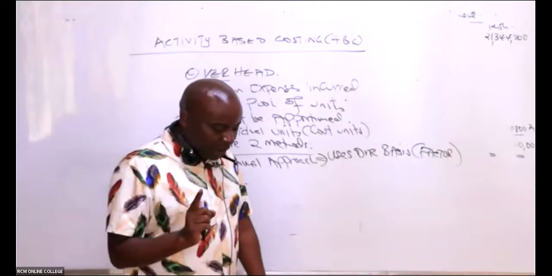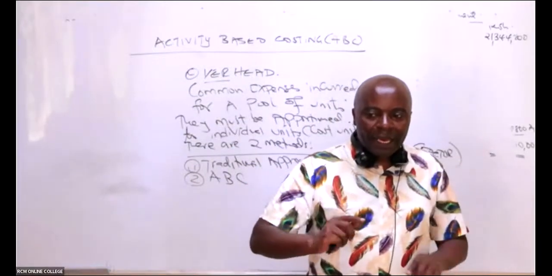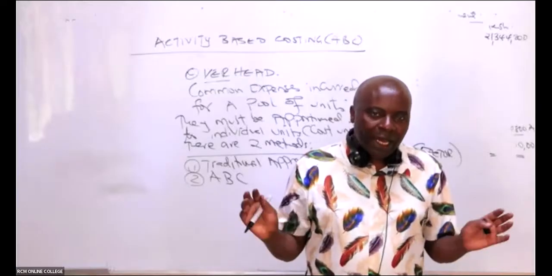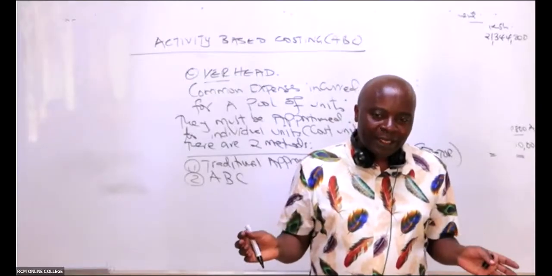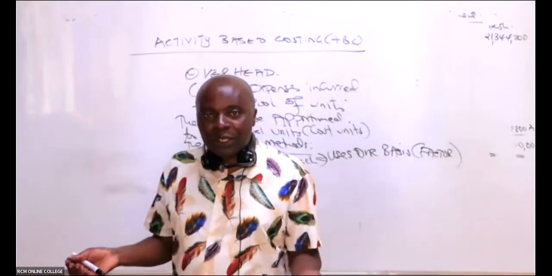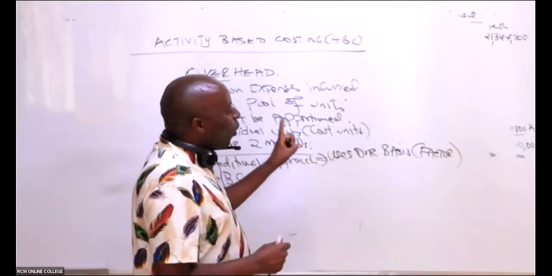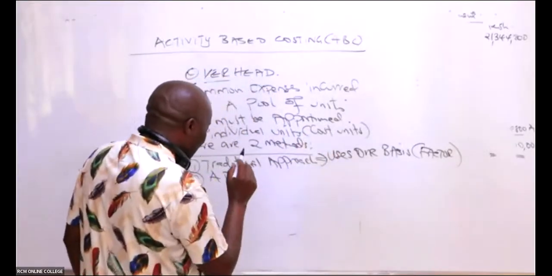So it assumes that the entire overhead item is being affected by labor hours, which is a lie. We could be having some overhead items which don't even relate with the labor hours totally. So this one uses one factor, whereas ABC